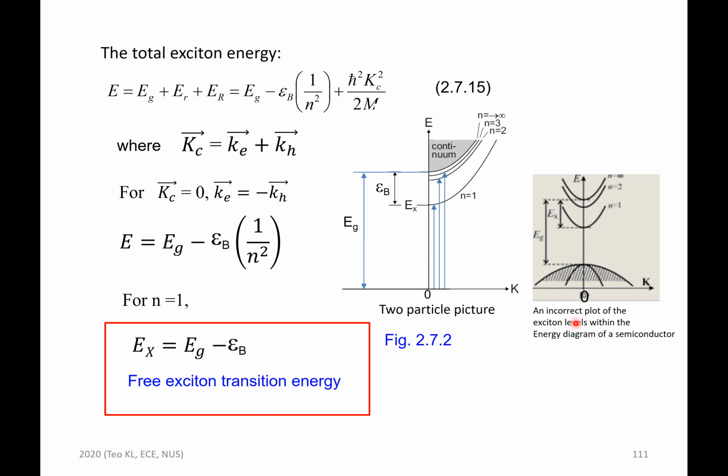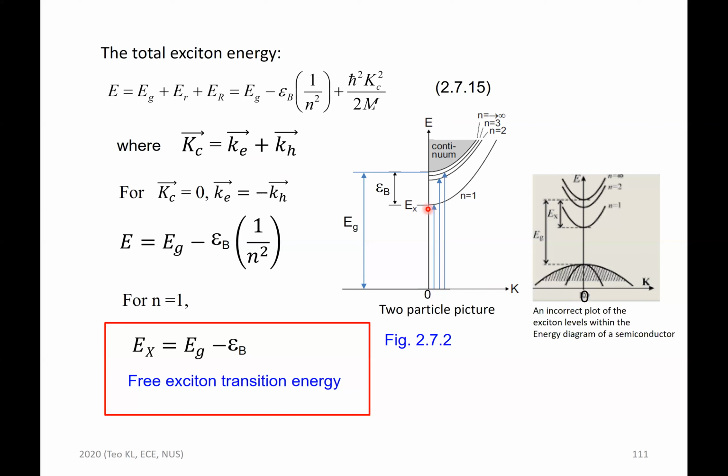represent exciton. The reason is because exciton consists of two particles, electron and hole. And the standard energy diagram of semiconductor is plotted as energy as a function of k, and this k is actually the wave vector of one of the electrons, which is a one particle model. So in a two particle picture, it should be written in this way. This is the ground state of the exciton, which involves the electron and hole, because the k itself is Ke plus Kh. So at k equals 0,